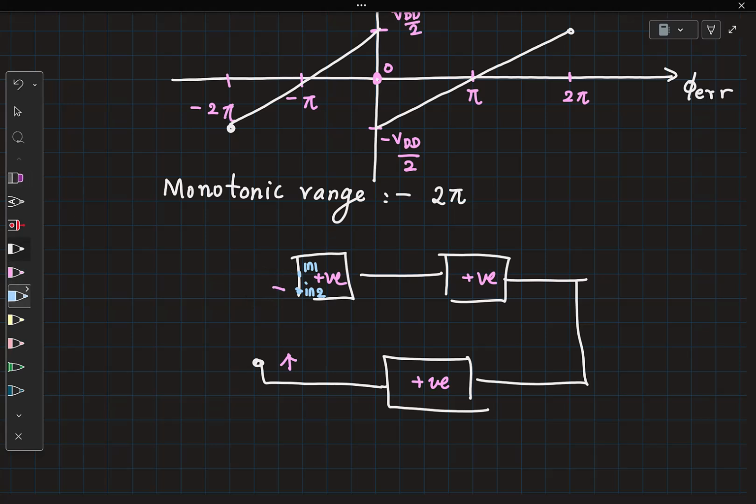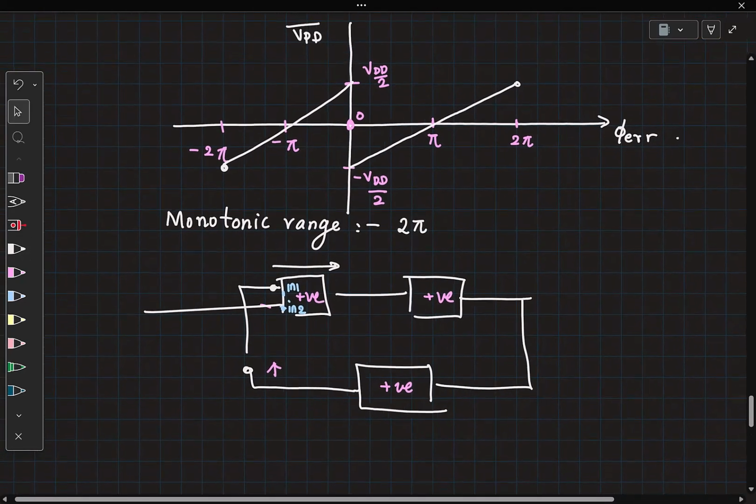This can be the reference signal, and your feedback signal can go to in1. Suddenly, whatever was detected as a positive phase error becomes a negative phase error, right? And the characteristic from here to here, without changing the PD characteristics, I can have an inversion effect, right? So, given the characteristic, it is always possible to configure the loop in negative feedback. Okay.